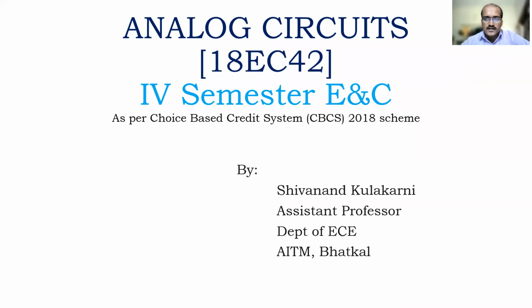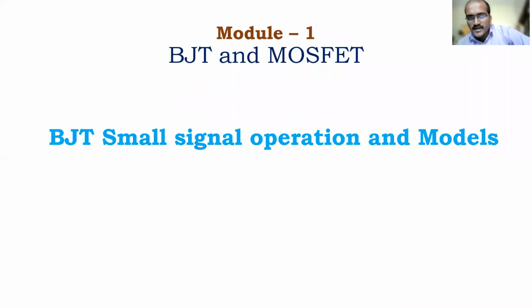So, we started off with BJT biasing. What is the purpose of BJT biasing? To establish a DC collector current, so that the operating point is established in the network. It should also give the maximum voltage swing in the IC-VC characteristics, and it should not vary with temperature or variation in beta.